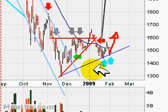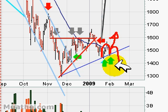It's very possible. You have this retest of this line, and markets can rally from this formation. Traders come in, they see that on their charts, and they just buy, and it becomes a self-fulfilling prophecy. On the other hand, if we break down